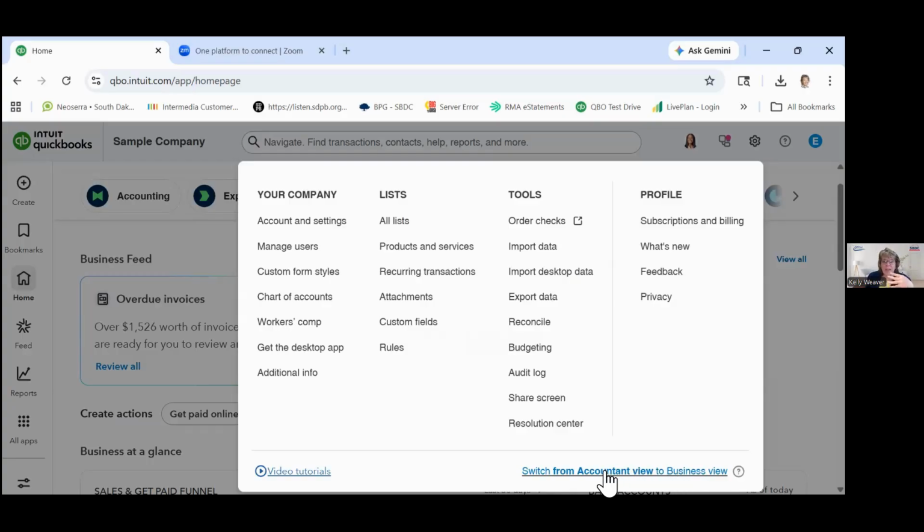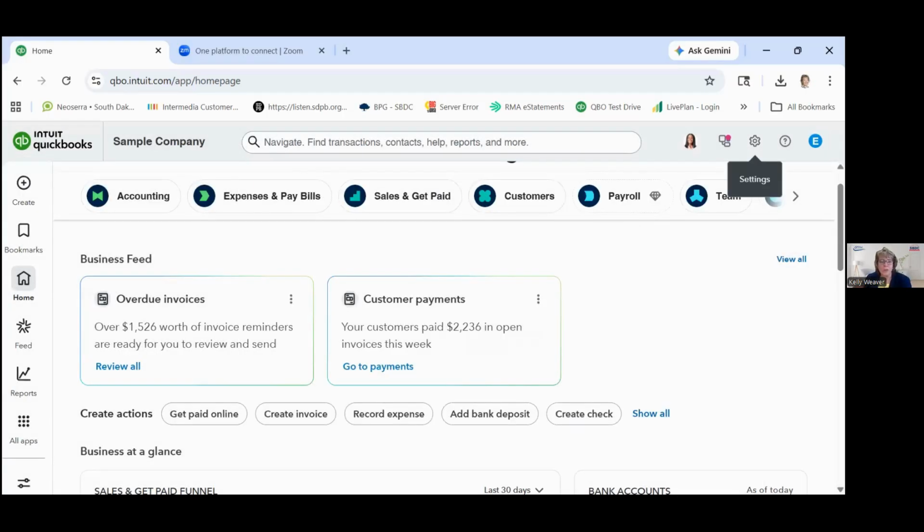So if you find the language is a barrier, maybe try looking at the business view, and that might ring more true with how you're trying to get around. Accounting does have its own language, so to speak. Some people are fluent and understand that, and other people, especially if you're starting a new business and you've never done anything with accounting before, you've got enough stuff on your plate to learn. Learning a new accounting language might not be high on the priority list, but you still need to do your books. So try that business view for that.